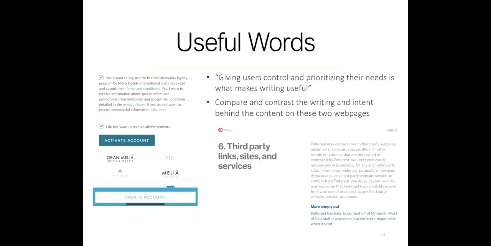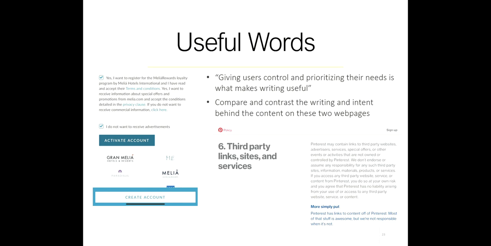I've read the... I do not want to receive advertisements. Activate. So wait a second. What's going on here? Am I getting advertisements when I activate my account, and I have to activate my account and then create my... I'm looking at this, and the reason why it's here is that it's not entirely clear what is